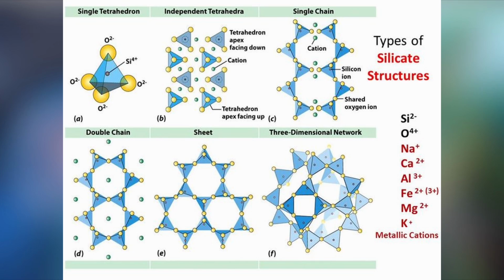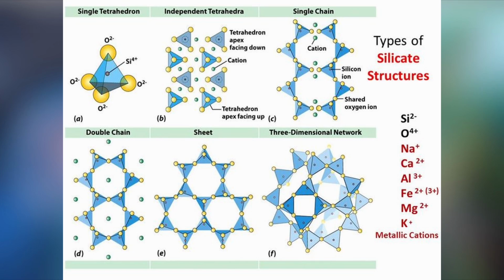That reduces the overall ratio of oxygen to silicon, because you're basically doubling up on using the same oxygen for 2 different silicons. So you don't need as many positively charged cations. These pyroxenes tend to have 2 planes of cleavage at right angles, because there are the single chains and then there are the 2 dimensions that don't have the chain structure. Amphiboles are the next class, so they're double chains, basically the same as pyroxenes, except there are 2 chains rather than 1.